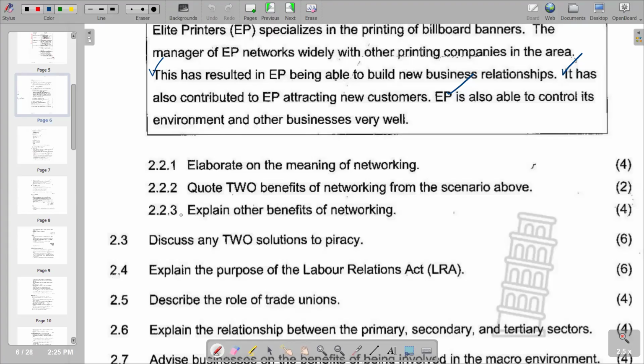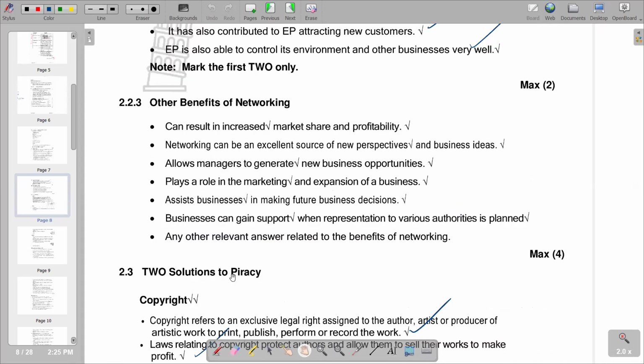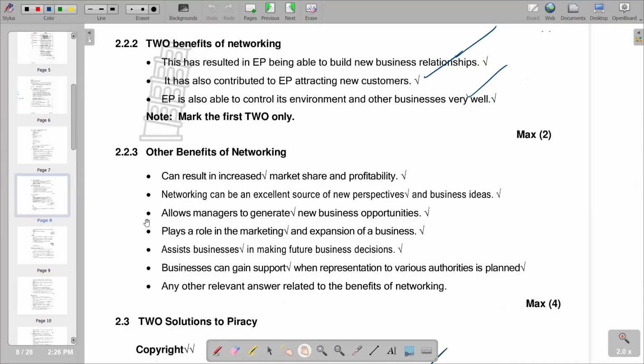Going back to 2.2.3, it reads, explain other benefits of networking. So we have other benefits of networking that we can also include. One is that it can result in increased market share and profitability. Remember, we have customers being attracted due to networking, as we saw in the previous part, in the case of EP, where it attracted new customers. Obviously, it will result in increased market share, and this will lead to profitability as revenue is going to increase, and then the profit margins will increase. Then we also have another